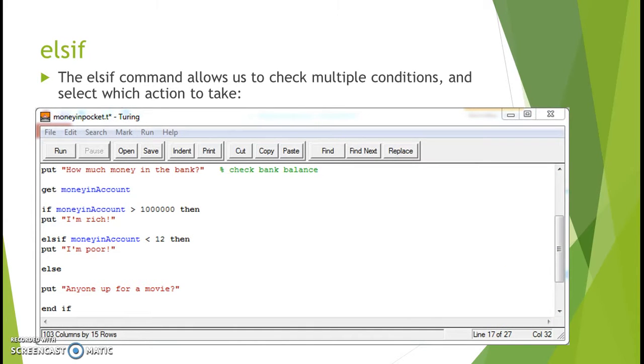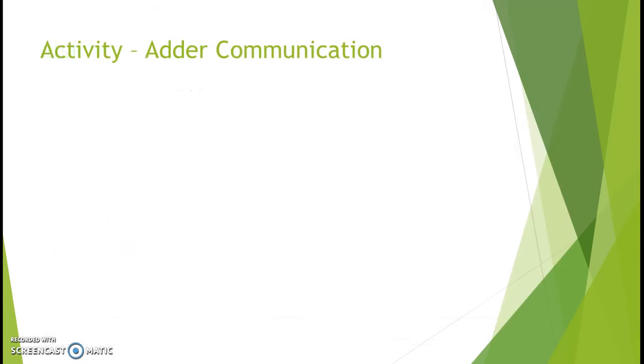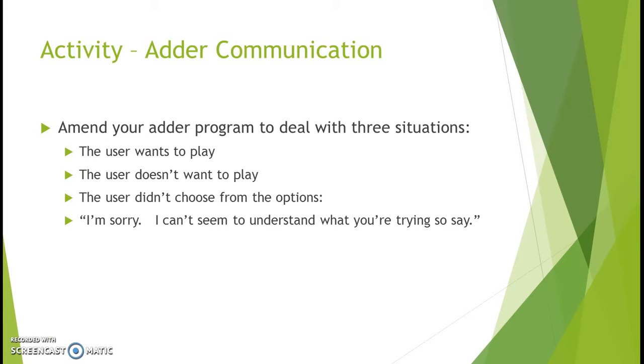Okay, so there's what my code looks like. Really, it's exactly what was on the screen. Alright, so to your adder, you can change your program again and deal with the three situations. The user wants to play, the user doesn't want to play, and the user didn't choose from the options you wanted. For example,